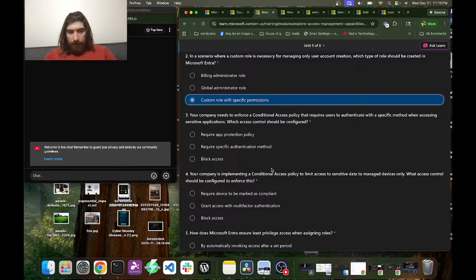Your company needs to enforce a conditional access policy that requires users to authenticate with a specific method when accessing sensitive applications. Which access control should be configured?